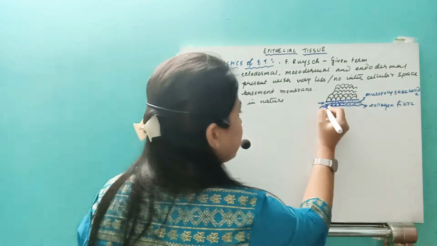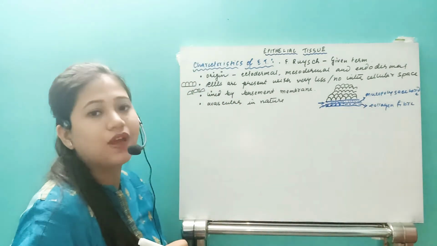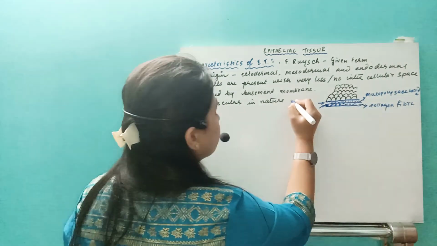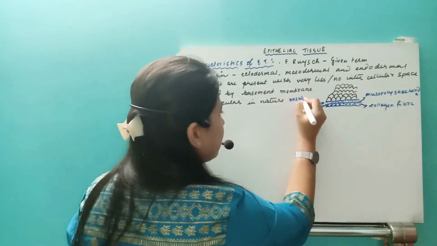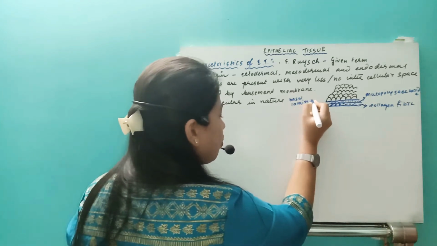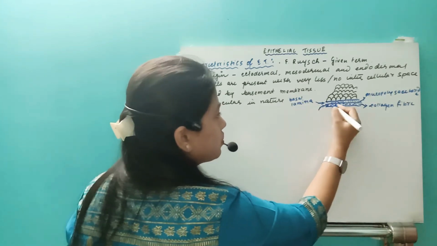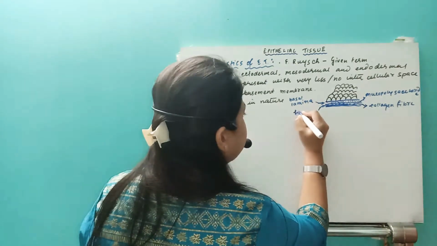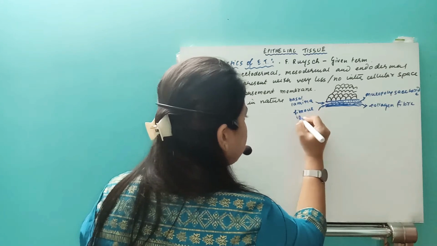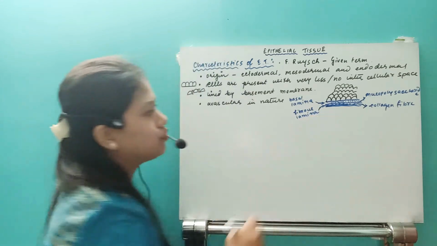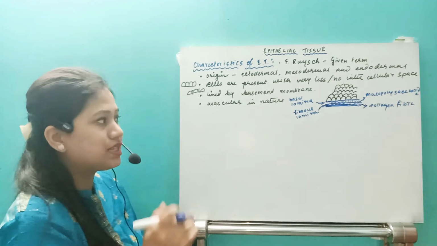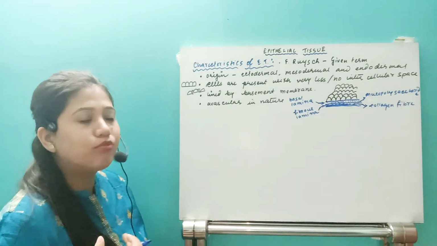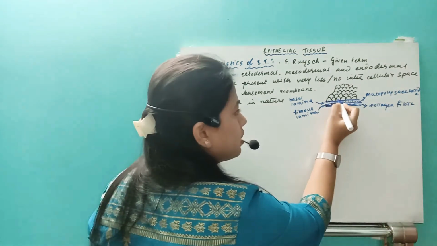One is known as the basal lamina, another is known as the fibrous lamina. The upper one, made up of mucopolysaccharide, is the basal lamina. And this layer, made up of collagen fibers, is known as the fibrous lamina. Understand? So we have two types of lining in the basement membrane. One is the basal lamina, mucopolysaccharide. These biomolecules are formed from the epithelial tissue.